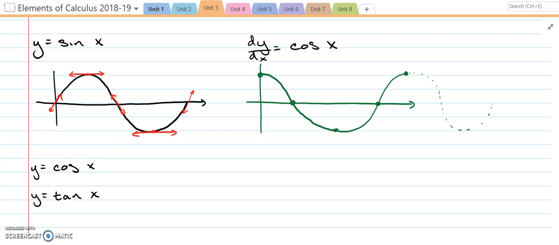On the next one, for the cosine, this graph, again, it has the same properties. All you have to do is look at what the instantaneous rate of change is at any particular point. You would start off at 0, but then you would have a -1, 0, +1, 0. And you would think, well, sine